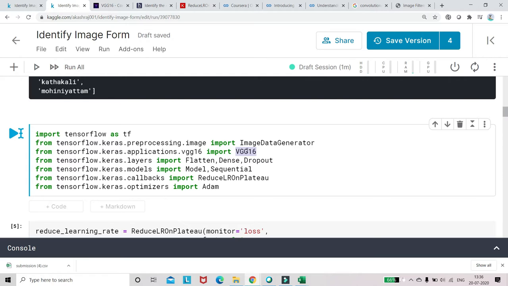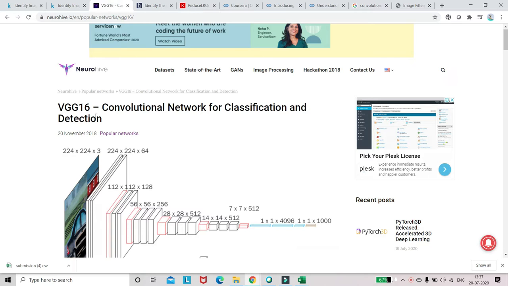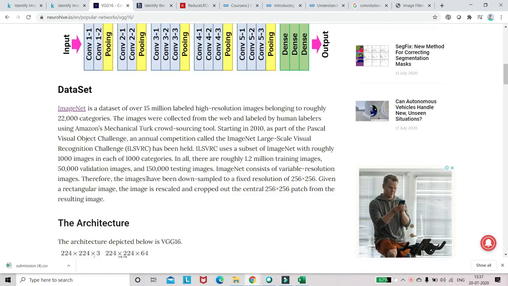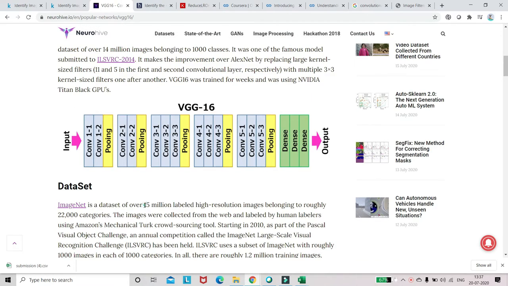Before starting, I want to tell you what transfer learning is, because VGG16 is what we are using for transfer learning in this case. As you can see on this website, I will give this link if you want to understand deeply what VGG16 does. Here you can see that it has been trained on over 15 million high resolution images and 22,000 categories.